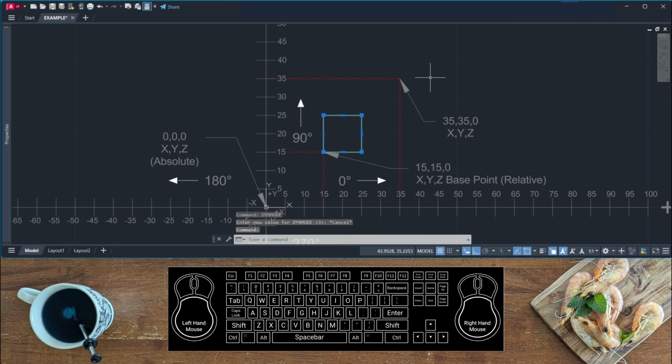Select the object, press C and press O, and this brings up copy from the command line menu. Enter. Press 15, press comma, 15, press comma, and then 0. Press enter. Press Shift and 3 together to bring up the hashtag. This hashtag is needed for dynamic input set at 3 to ensure that the values are put in at absolute